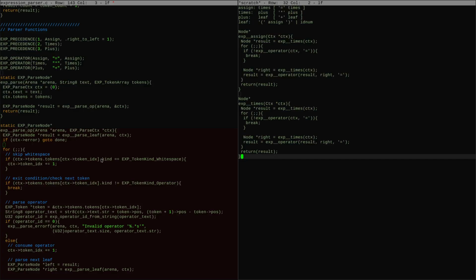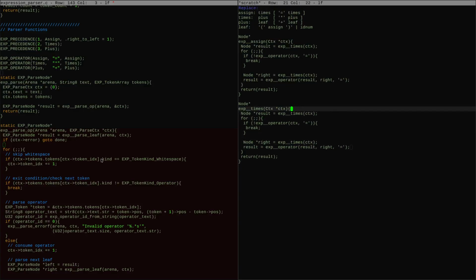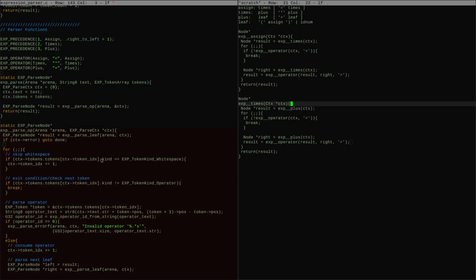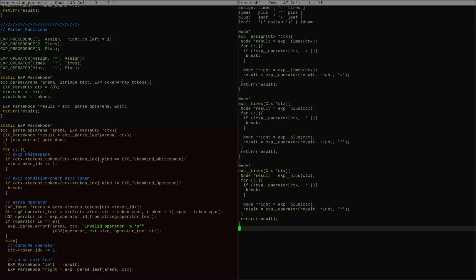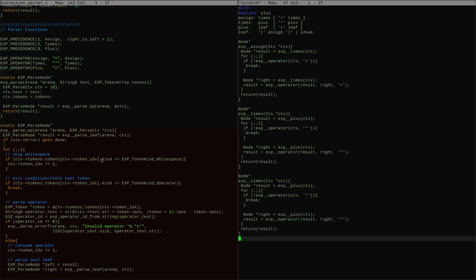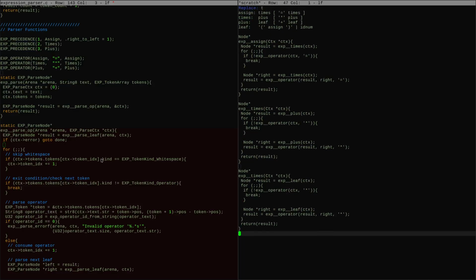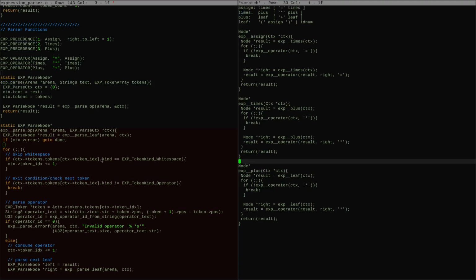And then you have one called times. And on the inside of the one called times, you have references to plus, and you reference the times operator instead of the assign operator. And then the pluses become leaf. The times becomes plus in this way. Right? Like that's the basic way you do it. And then the difference is